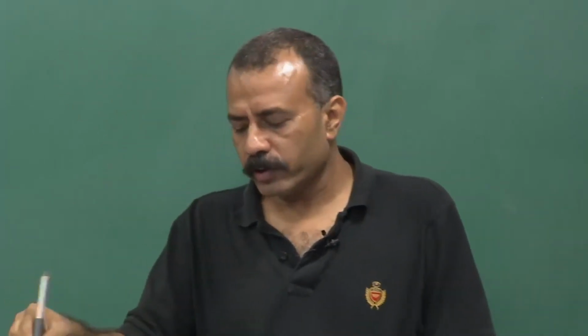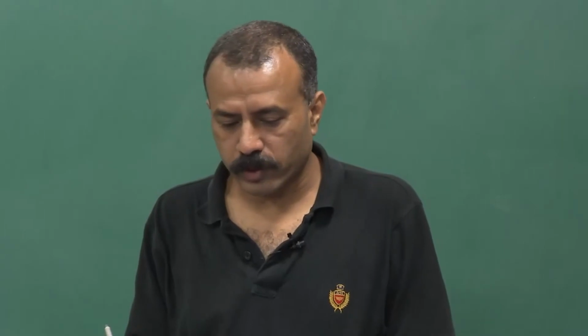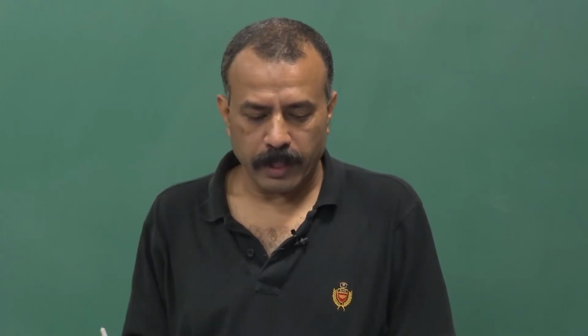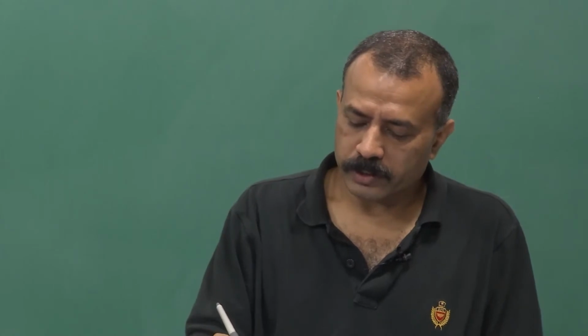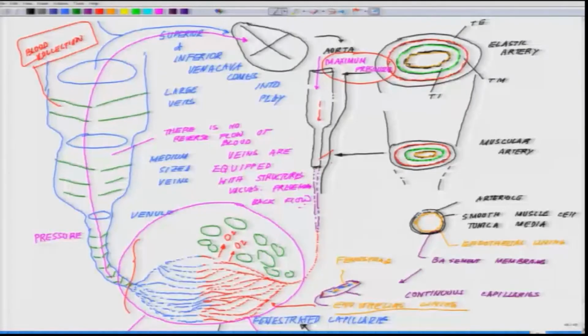But did it ever strike you, after seeing this structure we were drawing, that all throughout this structure the blood pressure is changing? There is nothing called uniform. Just think of it, because at every point the vessel architecture is changing. So, automatically